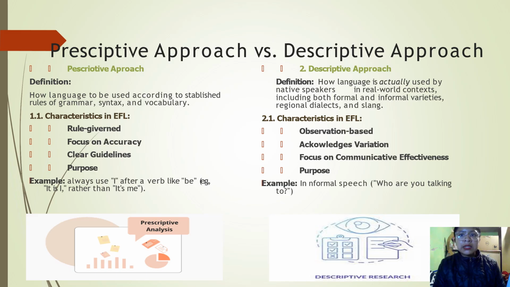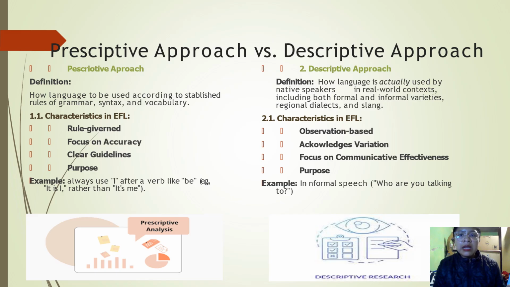Here we have some characteristics. For example, rule governance. Teachers explicitly present grammar rules, and students are expected to memorize and then apply them. A focus on accuracy. Emphasis is placed on producing grammatically perfect sentences and avoiding errors. Clear guidelines. Provides clear-cut guidelines which can be particularly helpful for learners who need a structured understanding of language's